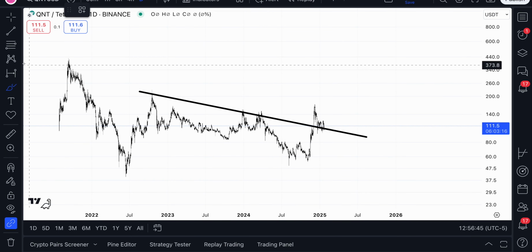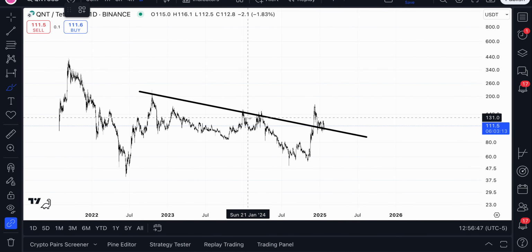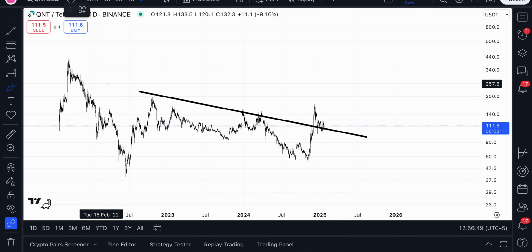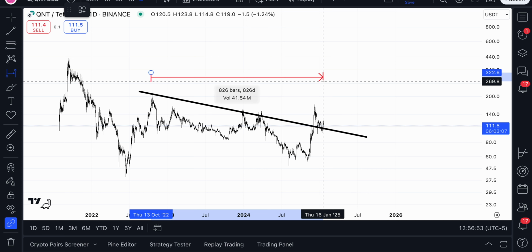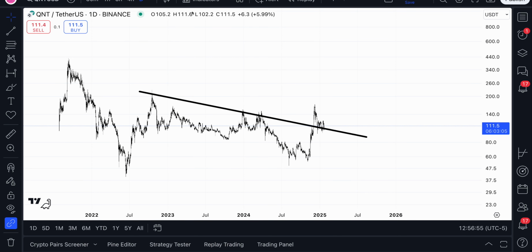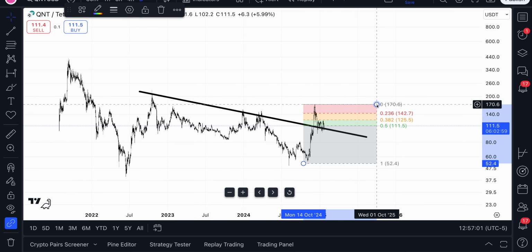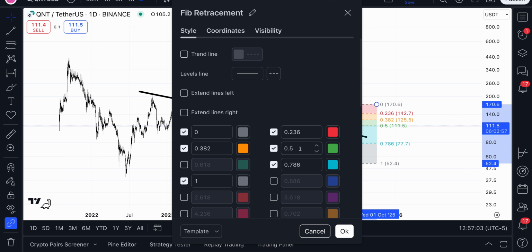Let's take a look at QNT over here. What we're doing is coming down to backtest this long-term trendline resistance as support. As you guys can see, we've been under it for a little bit over 2 years now. And this is just our last point of support in Wyckoff accumulation before we have continuation to the